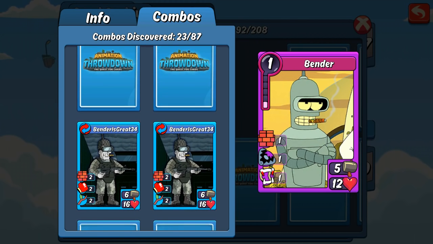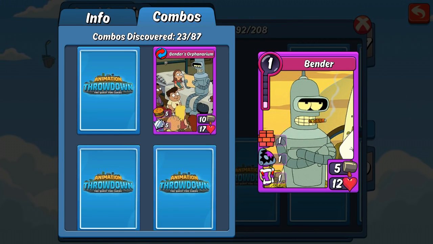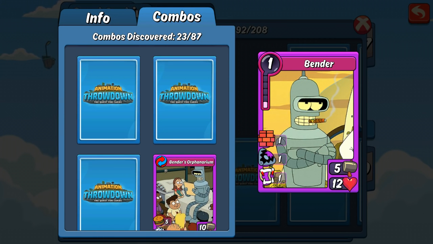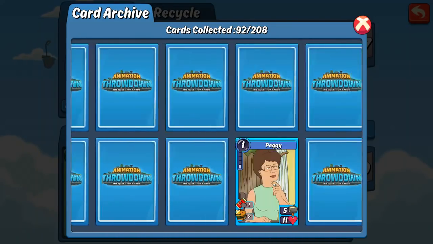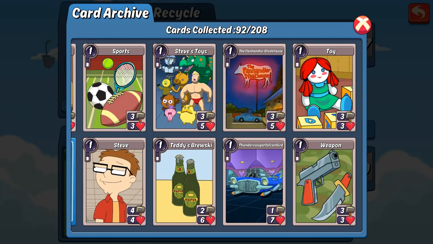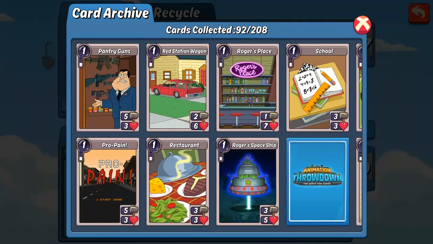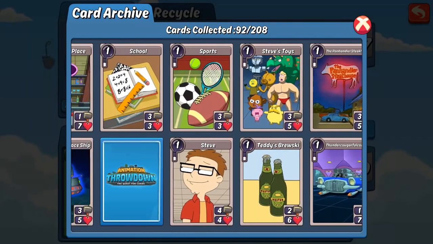For Bender is great 34. And for Bender's Orphanage. Now that's it for what's the best ones, but there are some ones that I've noticed have a pattern to them. They will tend to give you the same type of thing. My examples of this are...